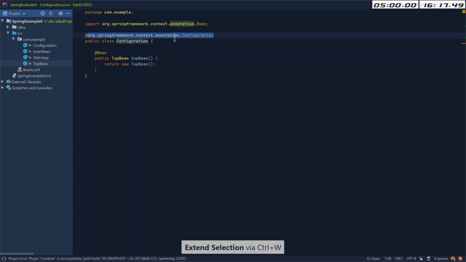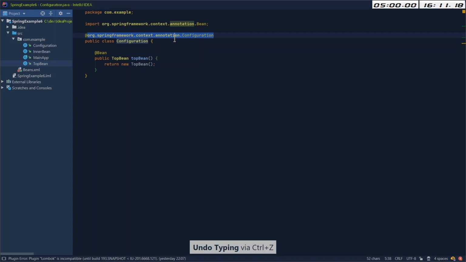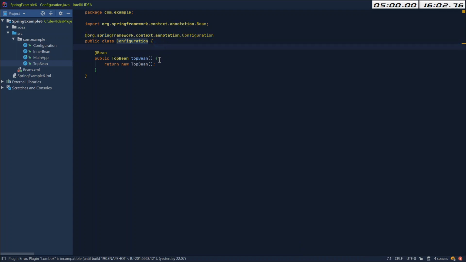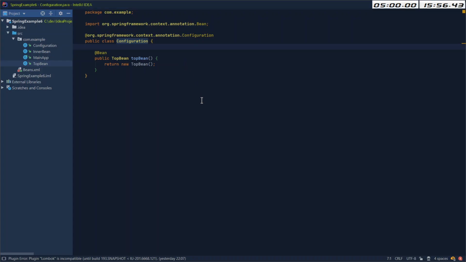I would expect to be able to import it. So create test, adjust all settings. None of those. None of those. It's outside the class definition, so I don't know what's wrong. Well, anyway, I have that,